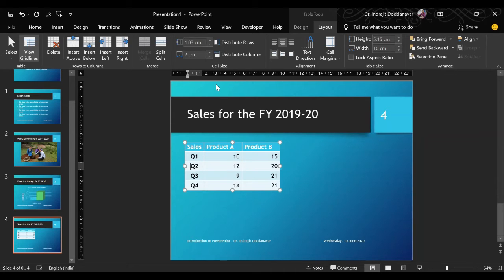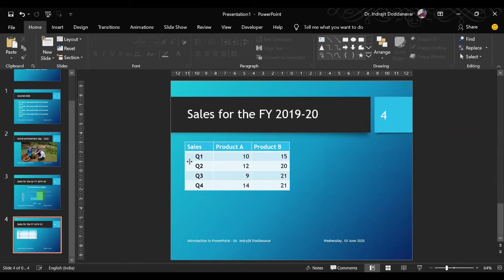You just place your cursor in that particular column and change the value, and the entire column will be changed. This 2 is very less, so I'll convert it to 3. Okay, now our table is ready.